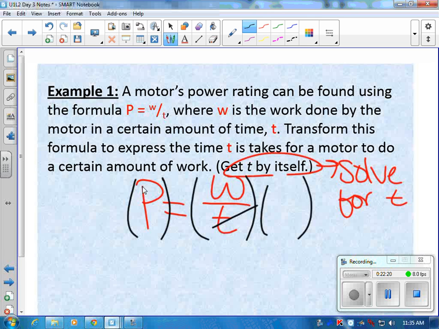I could multiply by 0, but that's just going to wipe everything out. I'm going to get 0 equals 0. Multiplying by 1 won't change anything. That's going to give me P squared equals PW over T. Can we just like